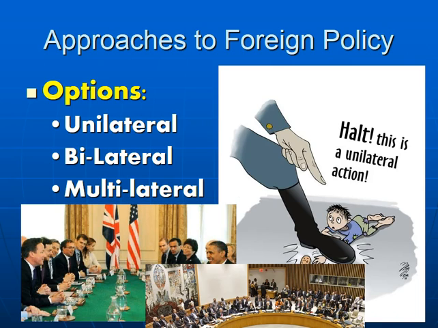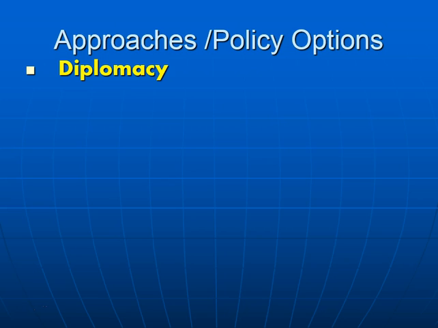Whenever America makes a foreign policy decision, we have three different options. We can act unilaterally, uni meaning one. That means we do things by ourselves. We can do things bilaterally, bi meaning two. We can work with another country. Or we can do things multilaterally, which means work with several different countries. Now, in a perfect world, we always want to try to do things multilaterally. If multiple countries have a say, that makes us look a lot better and not like a world bully. If there's only one of us, then that makes us look like a bully. So we always try to do things bilaterally, and in a perfect world, multilaterally.